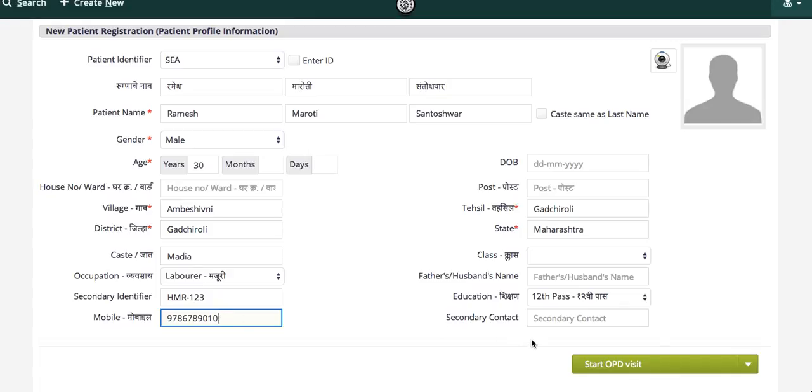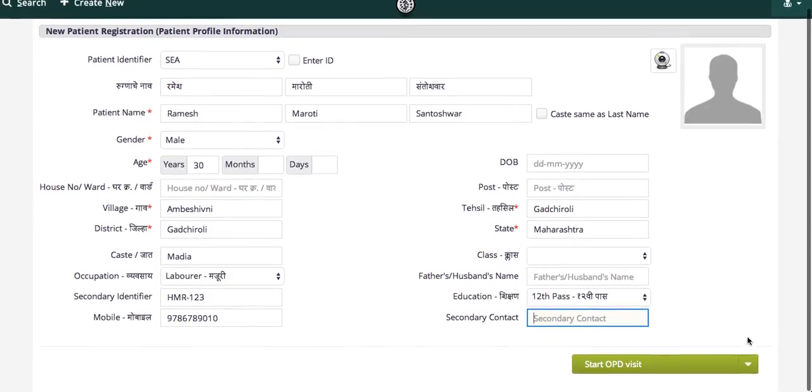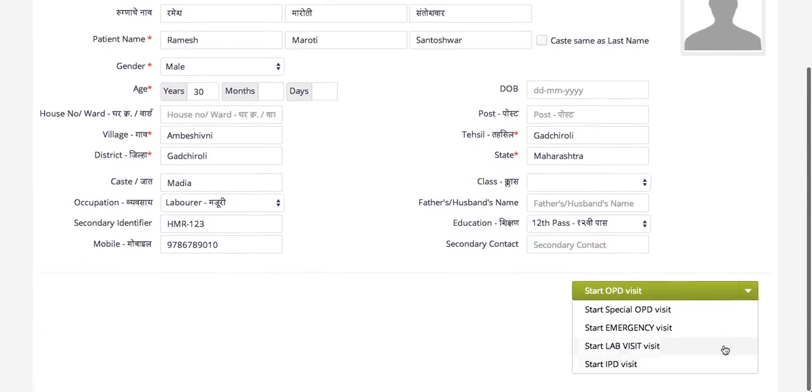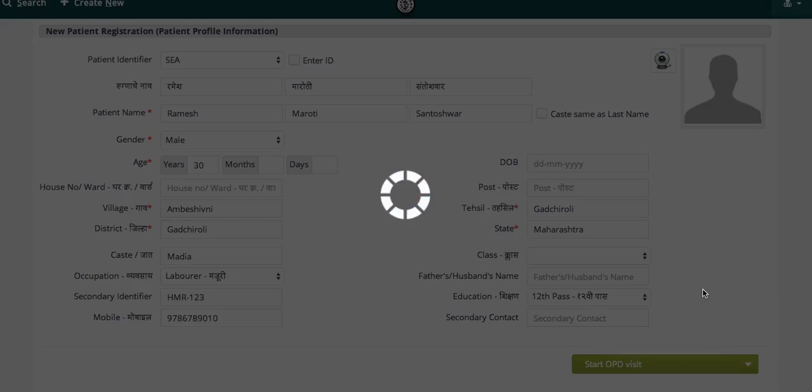And if there is another contact number, then you can capture that, and then you can start the visit. By default, it is set to the OPD visit, but you can start any other visit by clicking on the down arrow. So let's start with the OPD visit,